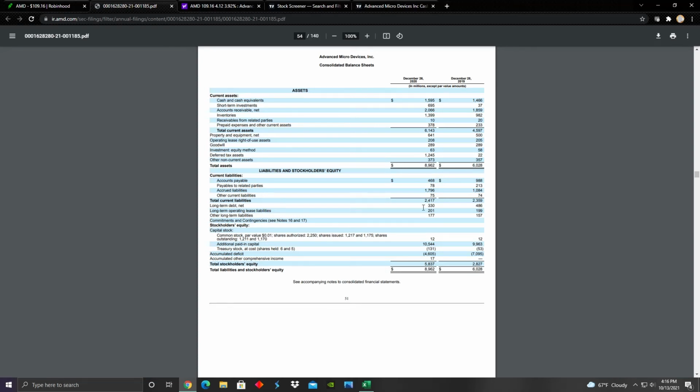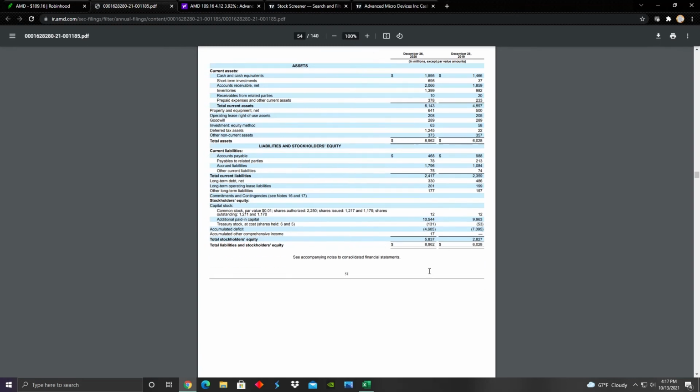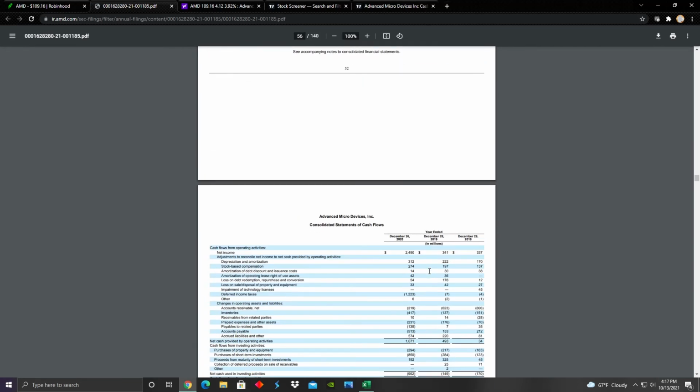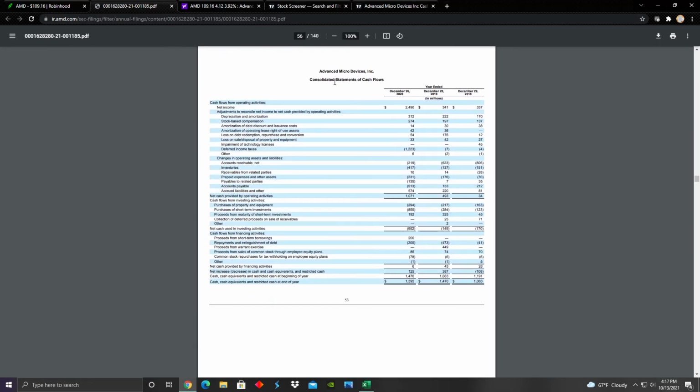Total current liabilities $2.4 billion, and total liabilities and stockholders' equity of $8.9 billion. Assets and total stockholders' equity and liabilities are always equal. That's why it's called the balance sheet. Total stockholders' equity is $5.8 billion, up from $2.8 billion at the end of 2019. So it's fairly decent. And last thing we're going to look at right here for their financial statements is their